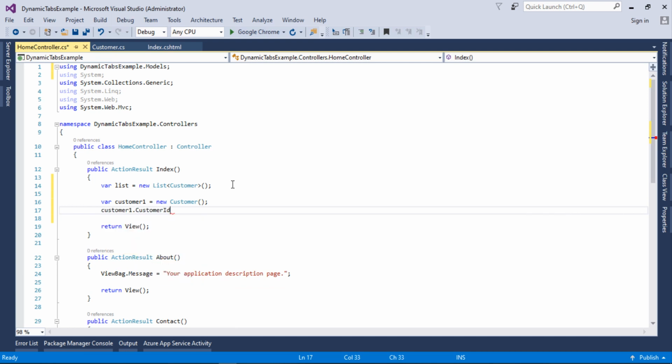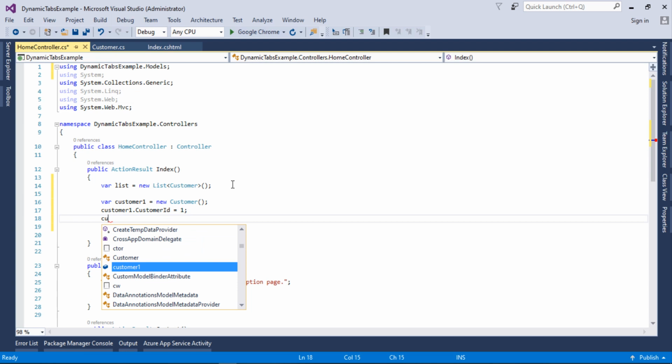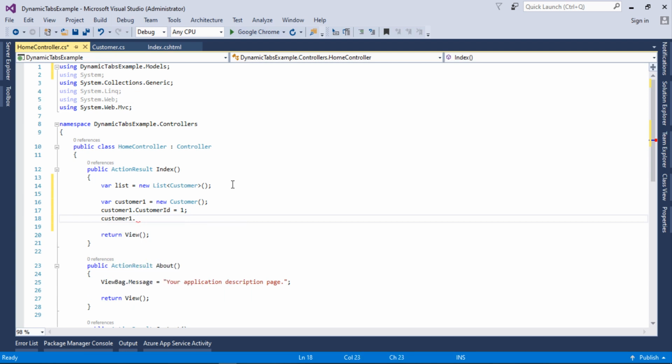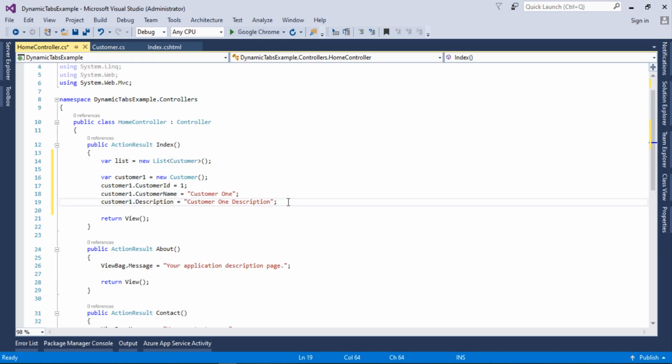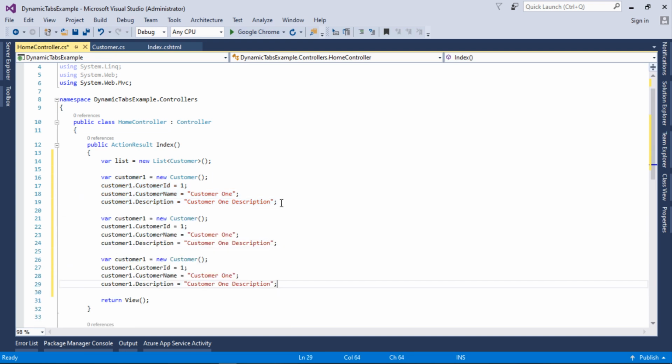Customer1.CustomerId equal to 1, customer1.CustomerName equal to "Customer 1", and similarly the third property, the description, equal to "Customer 1 description". Okay, so now I will copy paste this customer object 3 or 4 times to save time,